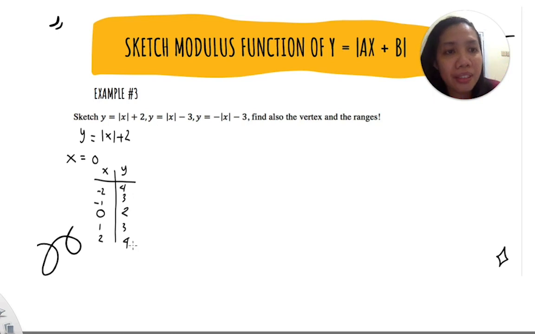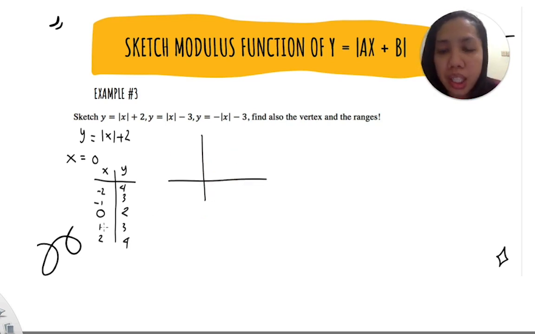We have 5 points, and then we plot those points on the Cartesian diagram. Okay, let's plot the vertex first, 0, 2. This is x equal to 0, and then this is 1, this is 2 in here. And then minus 1, 3. In here we have minus 1, this is 3, so here. And then minus 2, 4. This is minus 2, and we have 4 in here. We have 3 points here, and then we can connect them together like this.